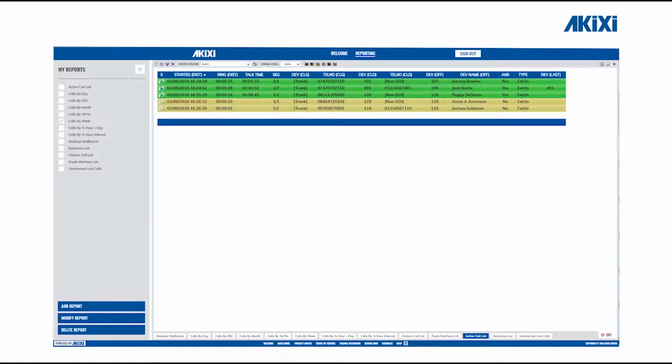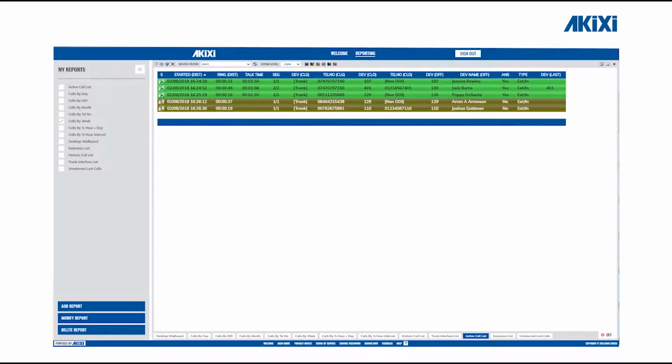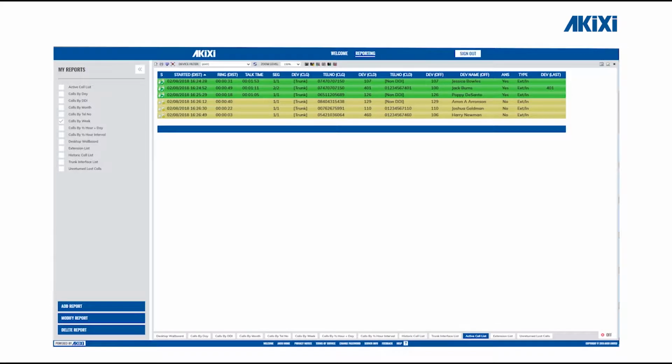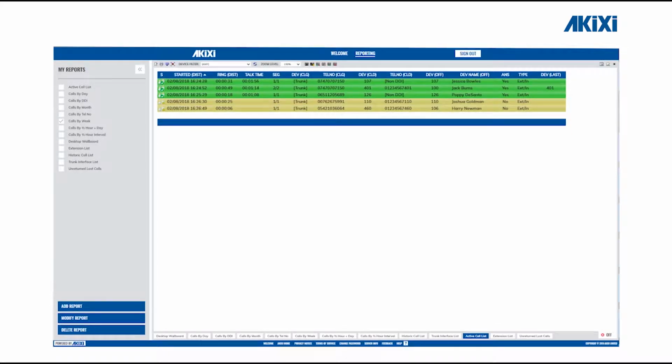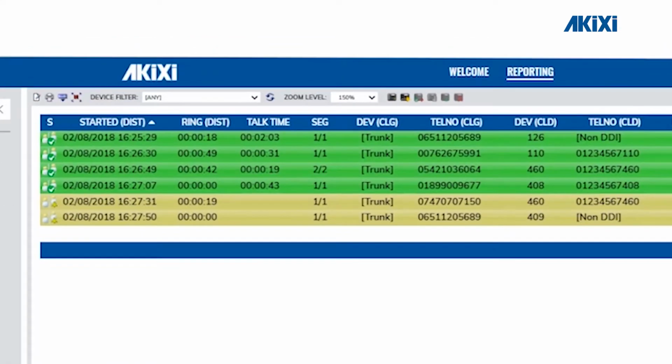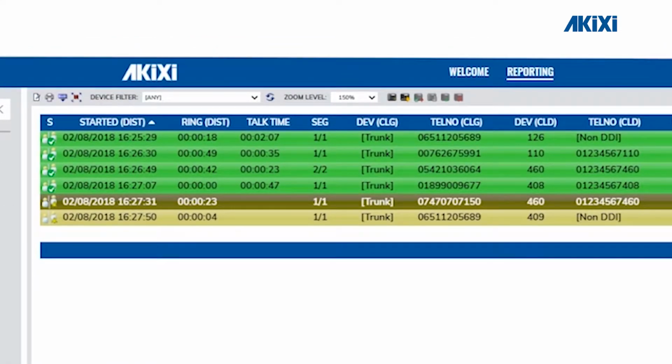Let's take a quick and high-level overview of the features and reports you get with Akixi 1000. Akixi 1000 comes with all the features and reports you get with Akixi Lite, as well as a few additions. One of the main additions being real-time reporting. As you can see from this active calls list, which is the first Akixi 1000 report we're going to look